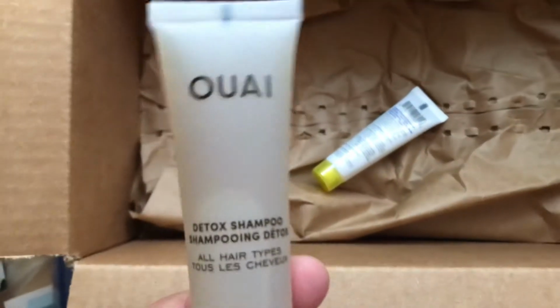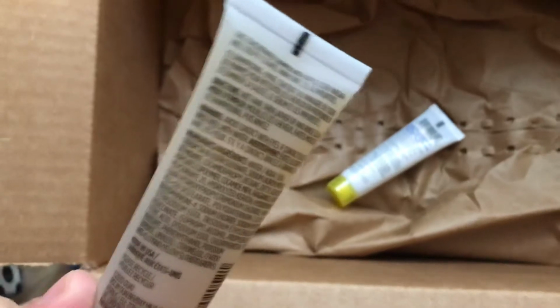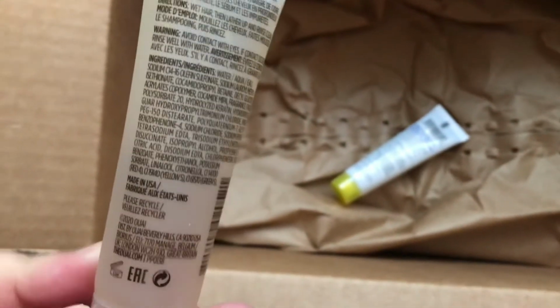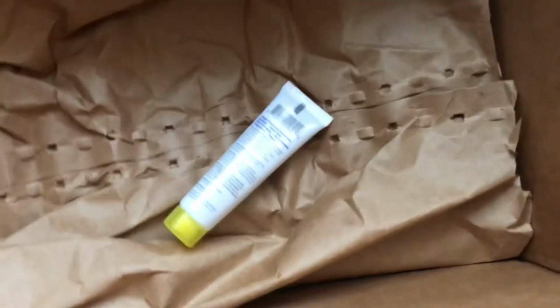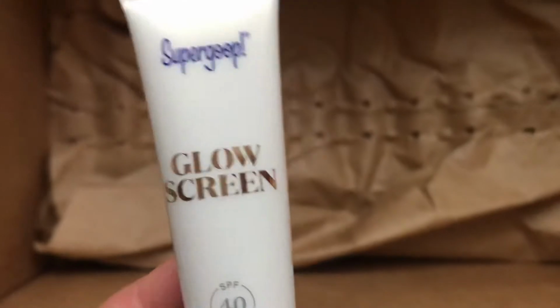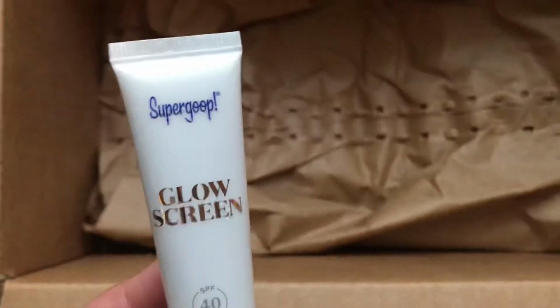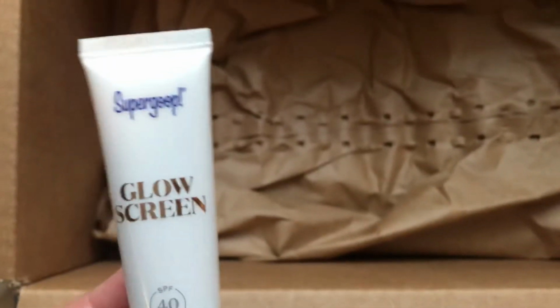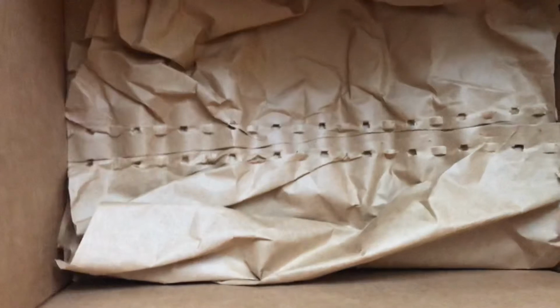What else do we got in here? We also have the Way Detox shampoo. I've heard really good things about Way. I've never tried this, so I'm excited to try this out. And what's the last thing in here? This is the Supergoop Glow Screen. Can always use a sunscreen as well. So really awesome products in these